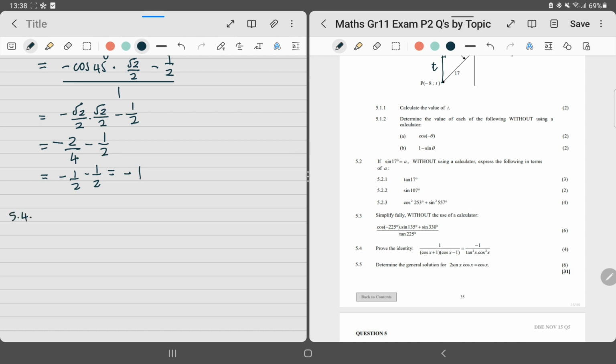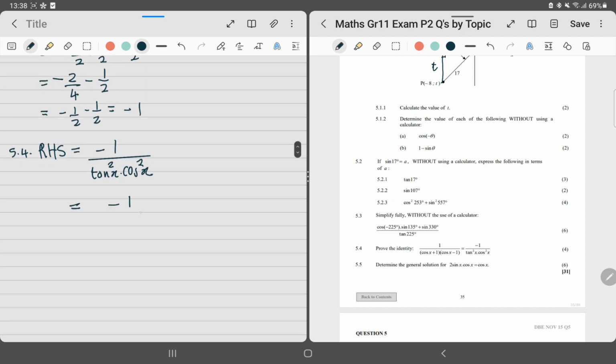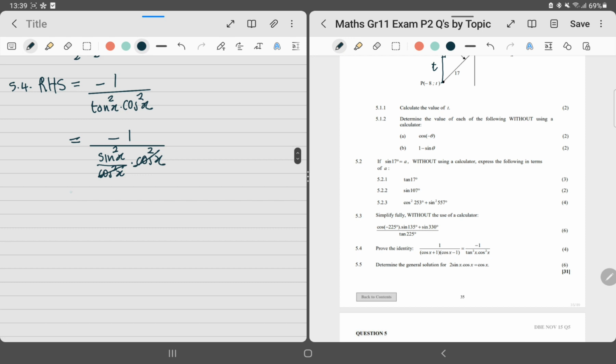5.4. Prove the identity. I'm going to pick the right hand side. Negative 1 all over tan squared x times cos squared x, minus 1. So tan is sine over cos. The cos will take care of the cos. Now I am left with minus 1 over